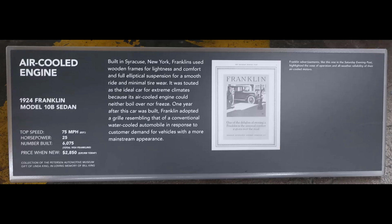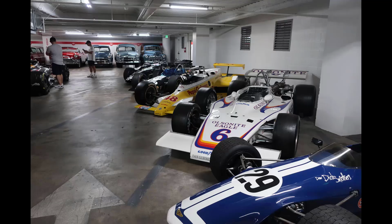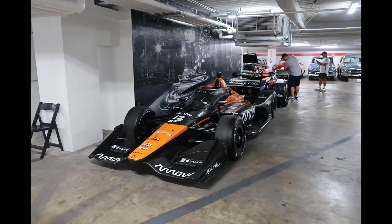As the signage says, the 1924 Franklin Model 10B sedan is an air-cooled engine, and Franklins were air-cooled. And Franklin also built a whole lot of aircraft and helicopter engines, and I worked on a number of Franklin engines, some of them then vertically mounted in the helicopters with very special oil systems. And there's a Franklin Car Museum in Tucson, Arizona, out in the boondocks with some beautiful examples of Franklin air-cooled cars just like this one. More pictures of various open wheel race cars here, and there's a lot of race cars in this museum of